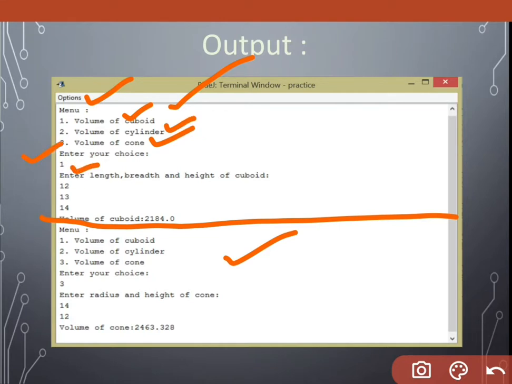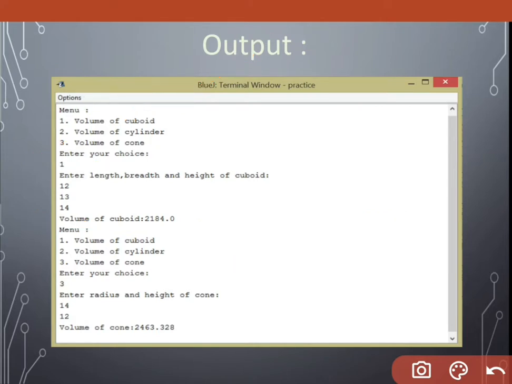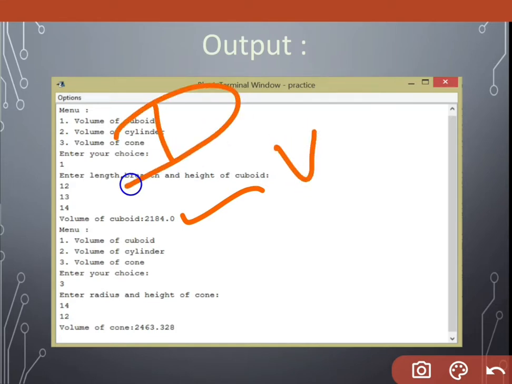If the user provides 1, then we ask for length, breadth and height for a cuboid. The user provides 12, 13 and 14, and the volume of the cuboid is 2184. Because I'm storing V as double, we get the value in double only.